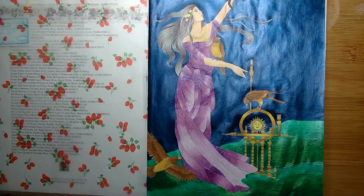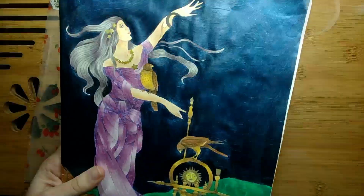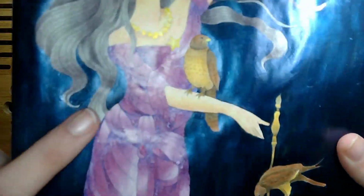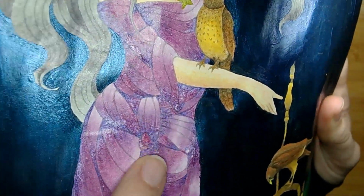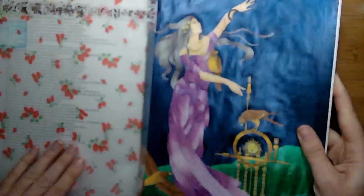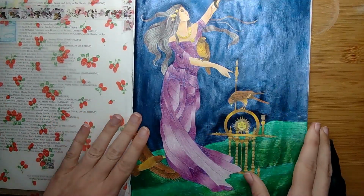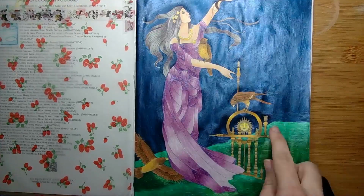I've done this with the Marco Raffine colored pencils, and because I work with very hard pressure, and the last layer I always do a burnishing, the very thin paper, like Amazon paper or normal copy paper, really got a lot of damage, because the Marco Raffine are very hard pencils. So for the future, I will remember to not work with harder pencils like that in books that have normal copy paper. And the same goes for the oil pastels, because originally the background, I started